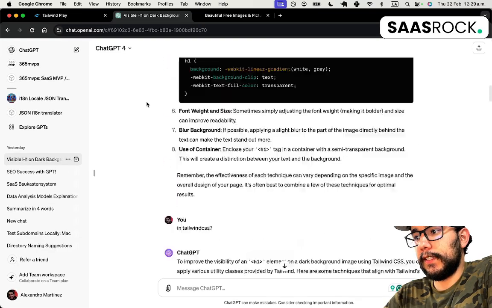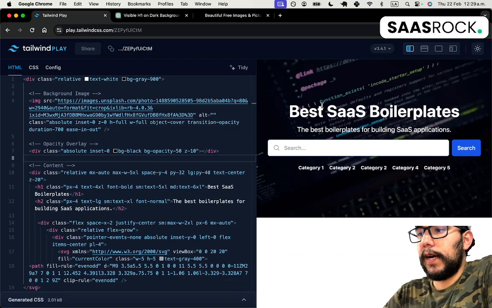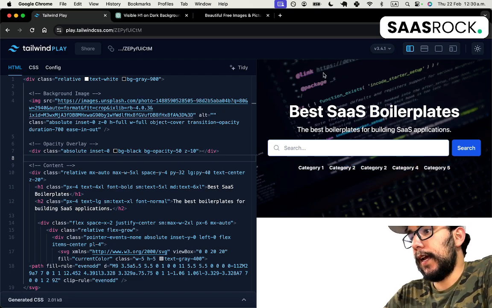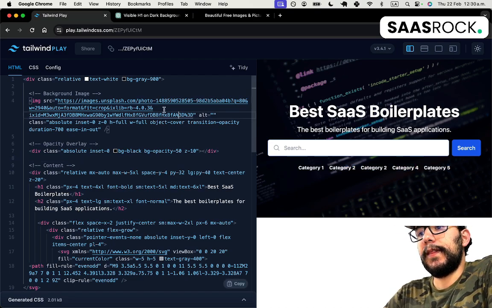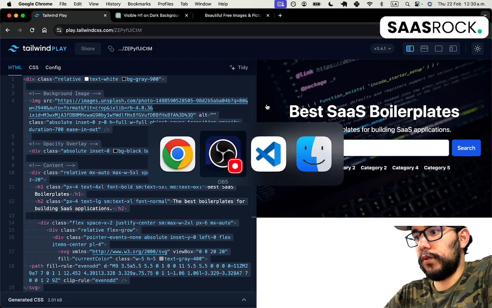I had this long chat. So I created this component where I have the title, description, search bar, search button, category buttons or list of categories, and the background image. Now let's copy this and go to,